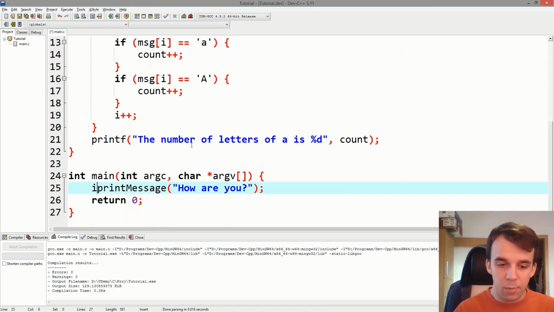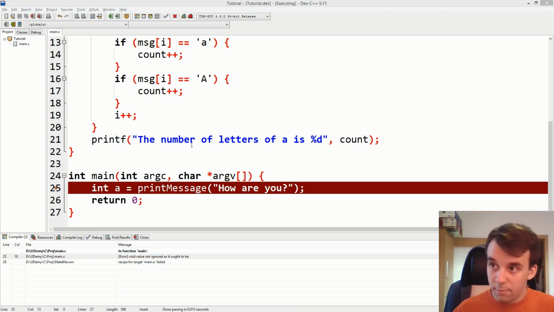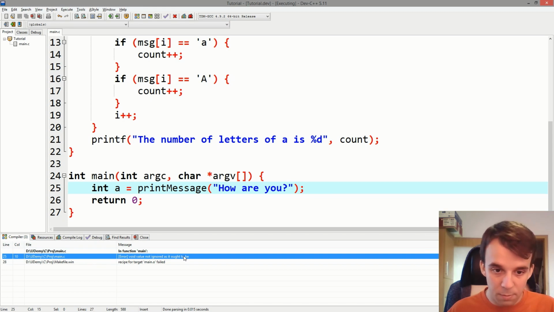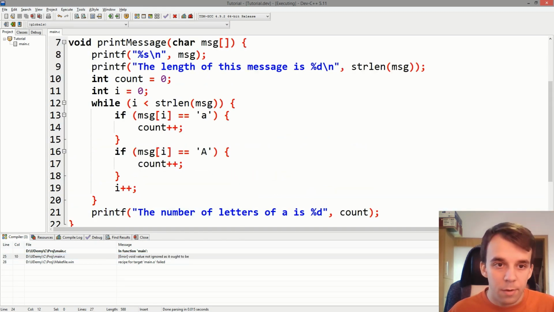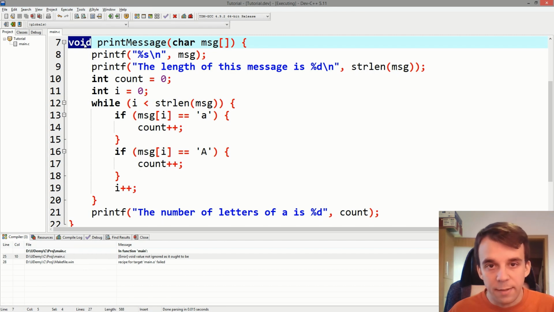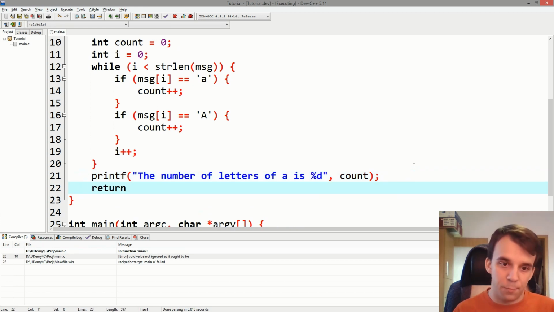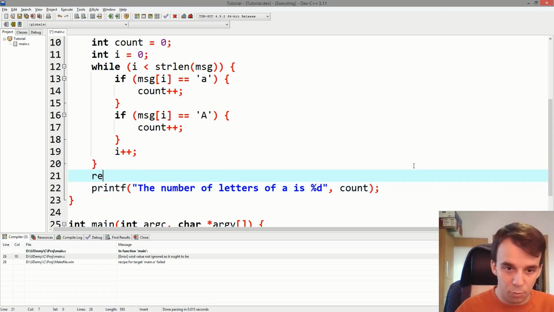And if I would say int a equals that, our IDE would complain: void value not ignored as it ought to be. Basically it means that the function doesn't return anything and you shouldn't care about the return value. You don't have a return value. You can, by the way, return from a function, which just jumps back to where it was called, but you cannot give it any numbers, so you just say return, that's it. You could return right here, for example,